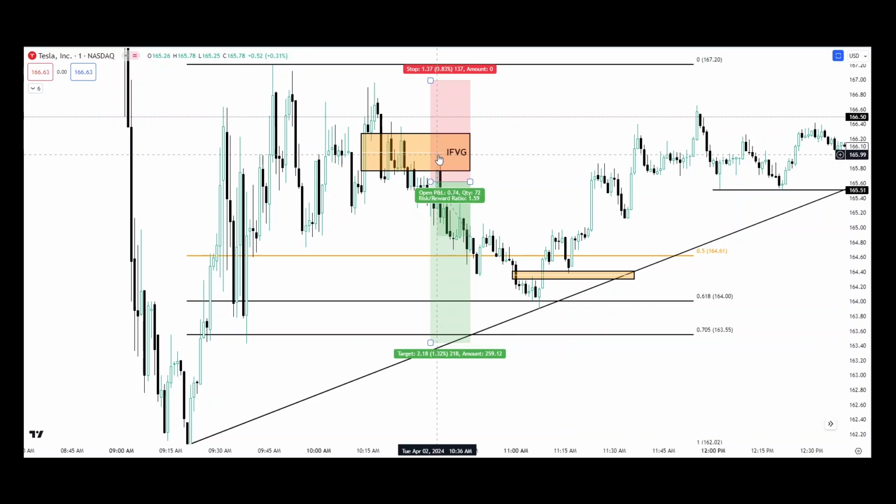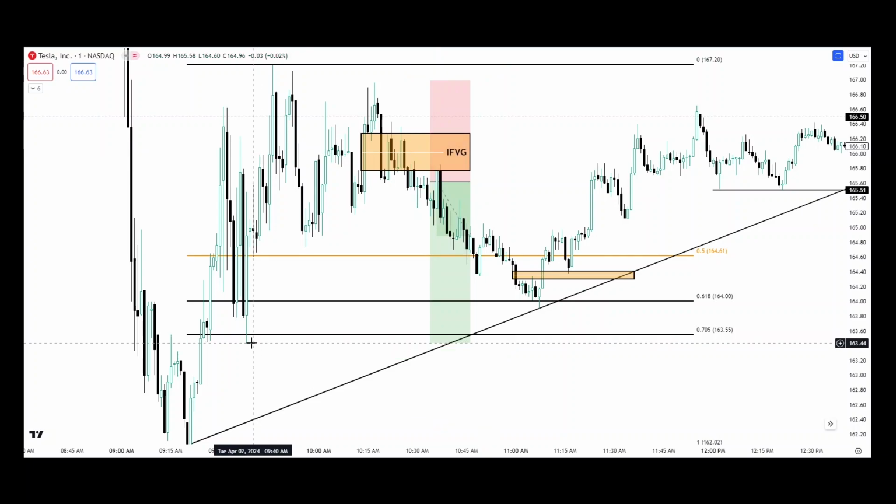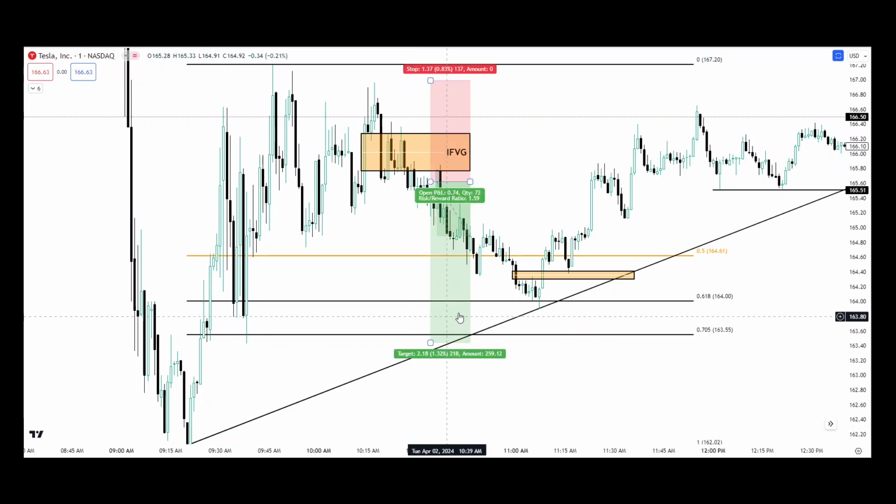And I was looking for us to deliver down to the old low in this wick. We had equal lows down here. I thought we would get all the way down there. We did not quite get all the way down there. We ended up closing the trade in profit, nice profit on the trade. It did not run its full course down to target. Target would have been